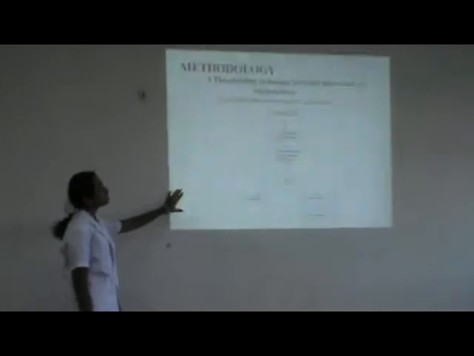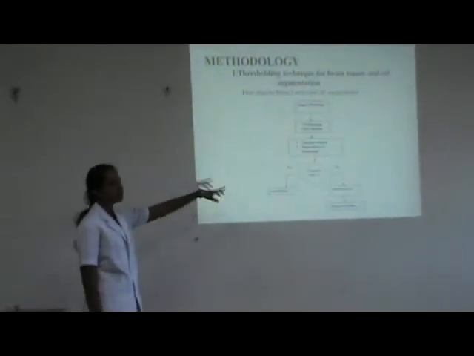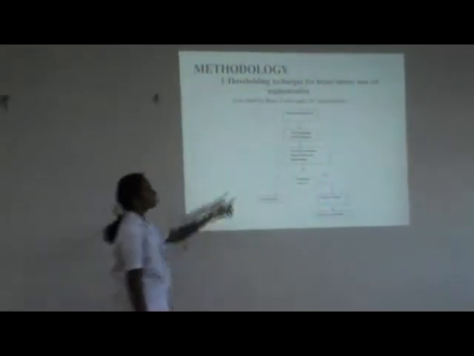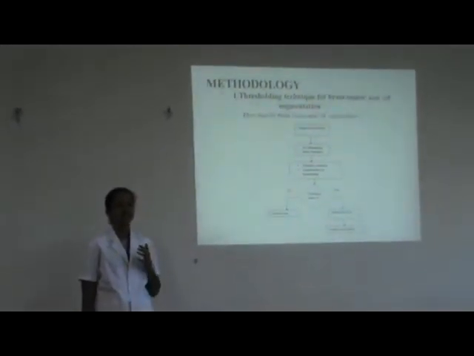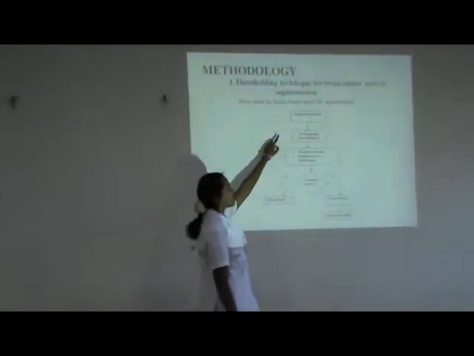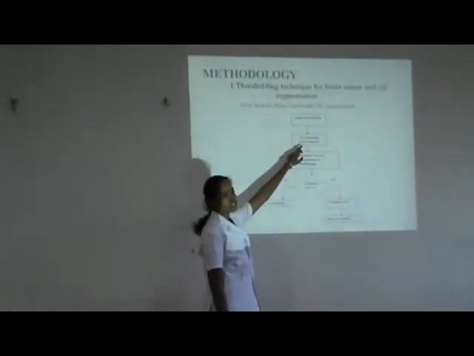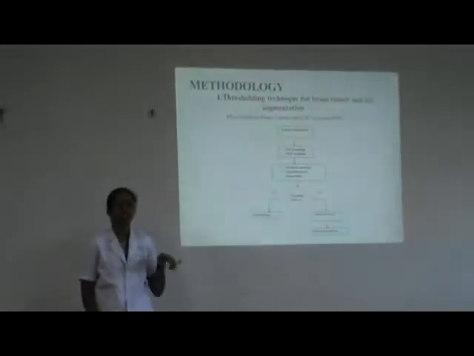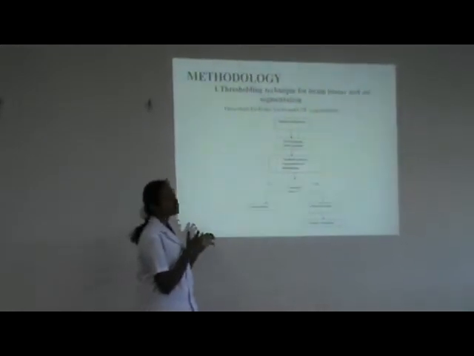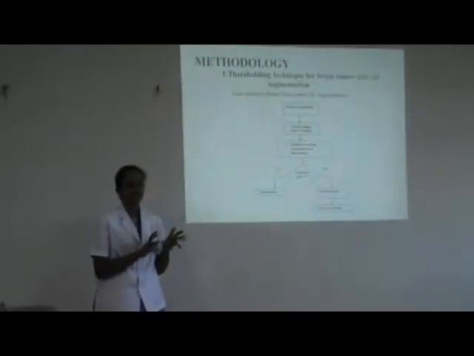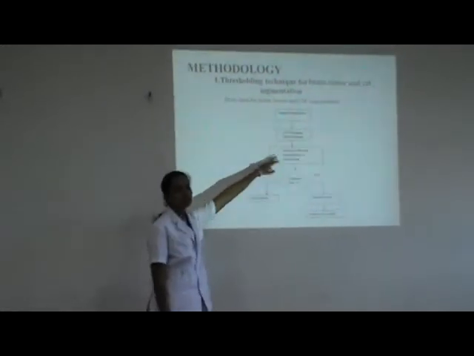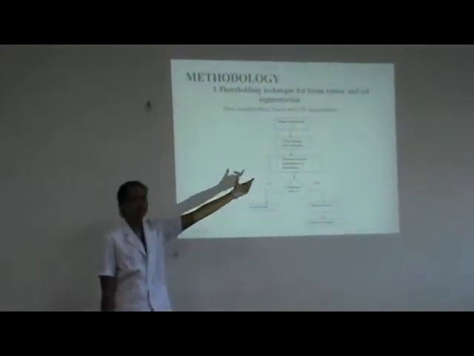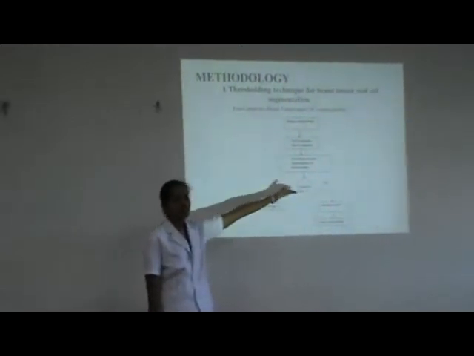This is the flow chart explaining the whole method under the thresholding technique. First is image acquisition. We are going to take the image from the MRI scan. After that is pre-processing. In the pre-processing step, we are going to strip the skull and take only the brain cells which we are going to diagnose. Next is threshold selection. By setting a particular value as the threshold value, we are going to segment the brain images.